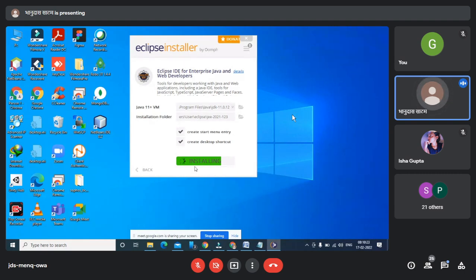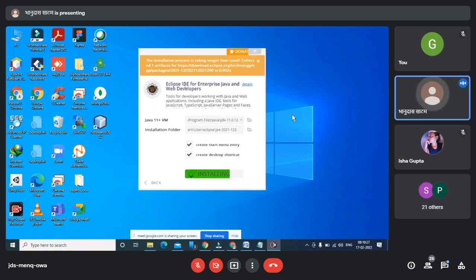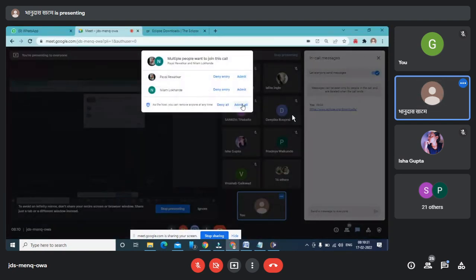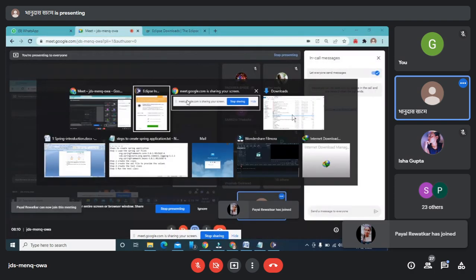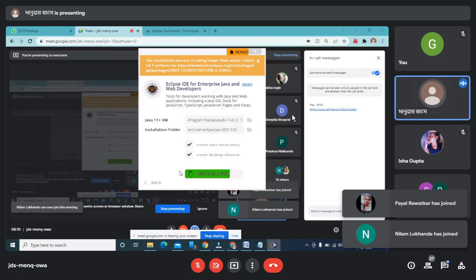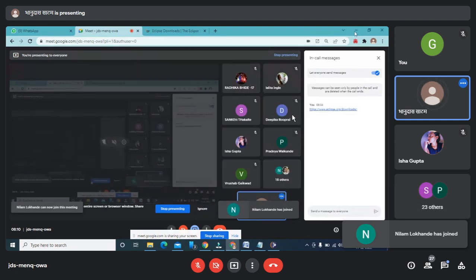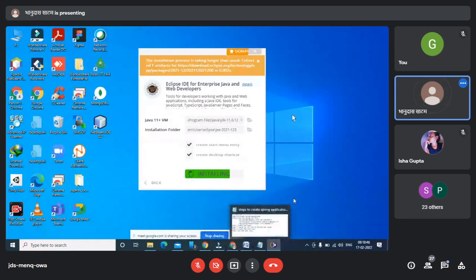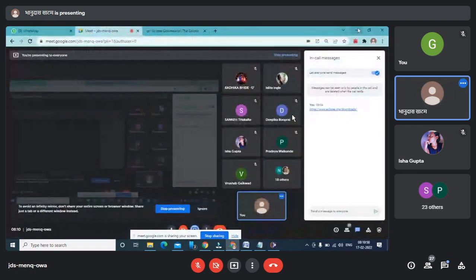Once the installation completes, it will show the launch button here, and with the launch button, you are going to launch your Eclipse. So these are the steps you are supposed to do here.